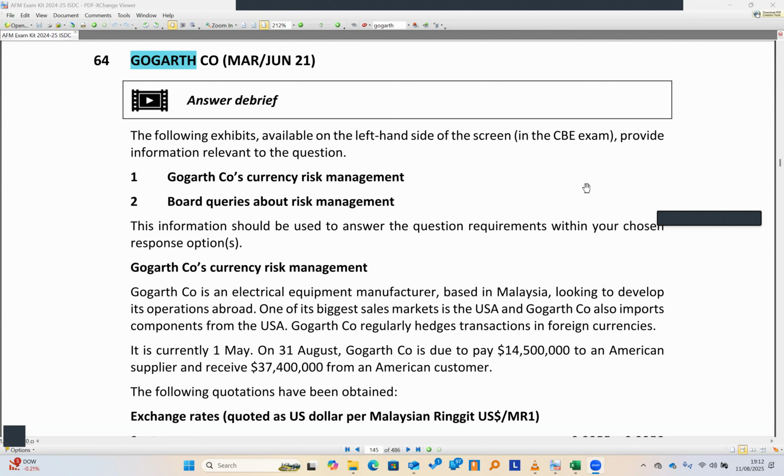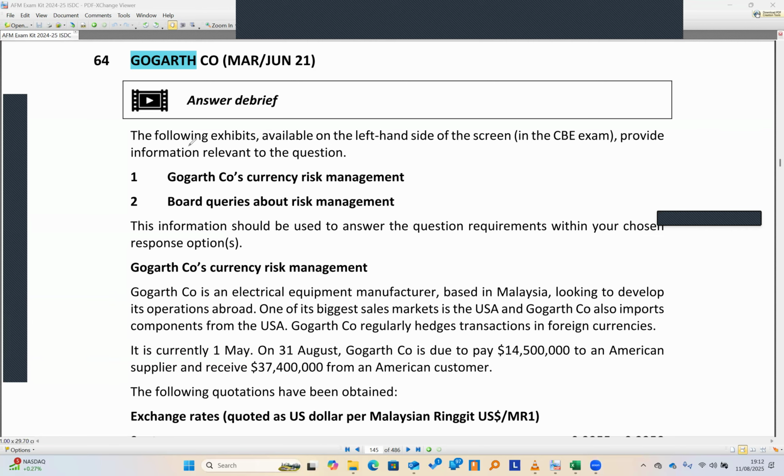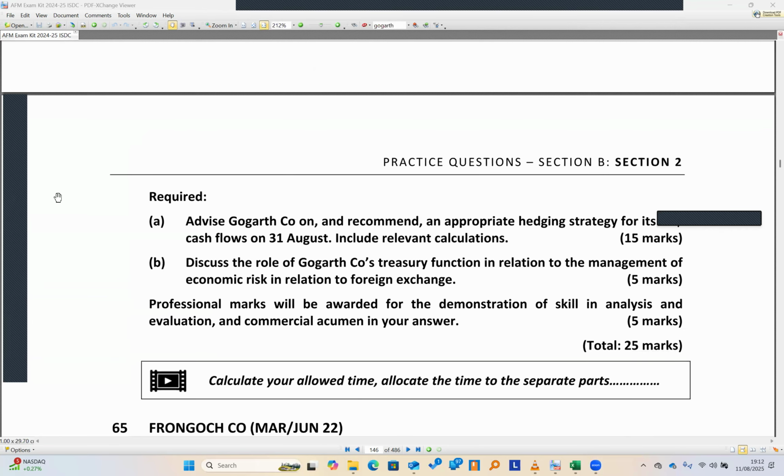And also section B tends to have most risk questions. Although, as we've seen in section A, risk questions can also come in section A, whereby you are going to look at calculating the amount that is going to be received or payable in maybe 3 months' time, hedging and all those other things. So this question here called Gogarth, if you look at what is asked of us,